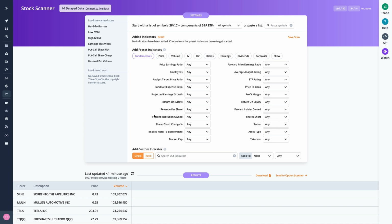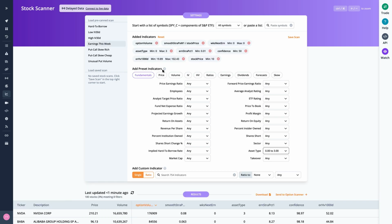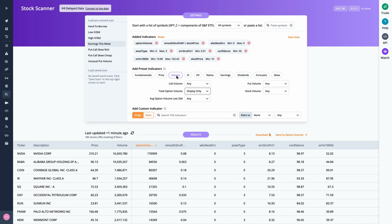Welcome to the ORATS Earnings Report, where we scan for companies with upcoming earnings announcements, check out historical earnings information, and find a potential options trade. Let's start by running a scan on stocks reporting earnings this week, which includes the total option volume indicator, sorted